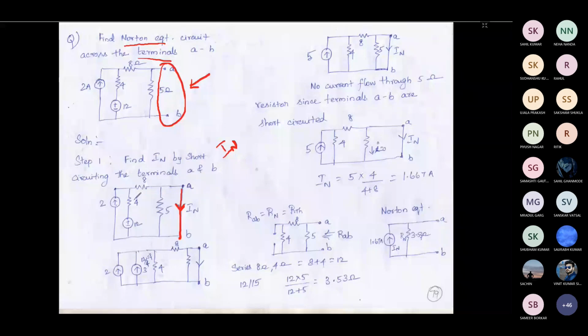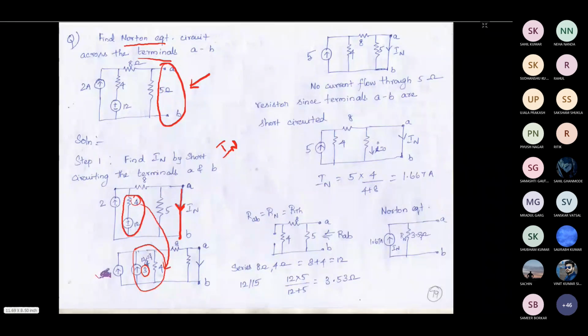Okay, so now in this circuit you can see I have a voltage source with a resistor in series. So I'm converting that to a current source with a resistor in parallel. If I convert this, the current source magnitude will be 3 ampere, and this 4 ohm will be appearing across this. This is that source transformation.